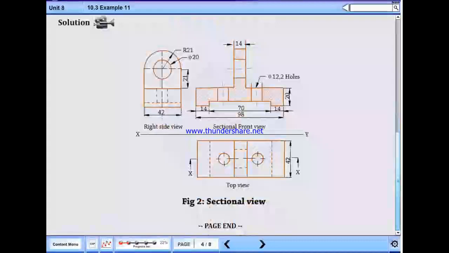Note on the solution, that is, the sectional view of the right side view, sectional front view and top view.